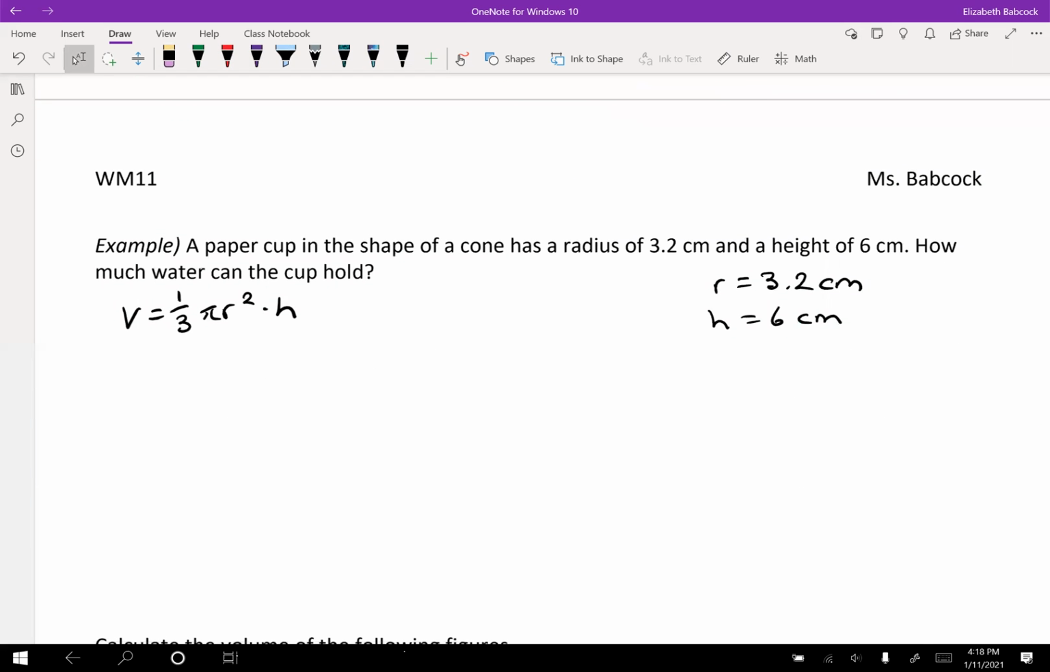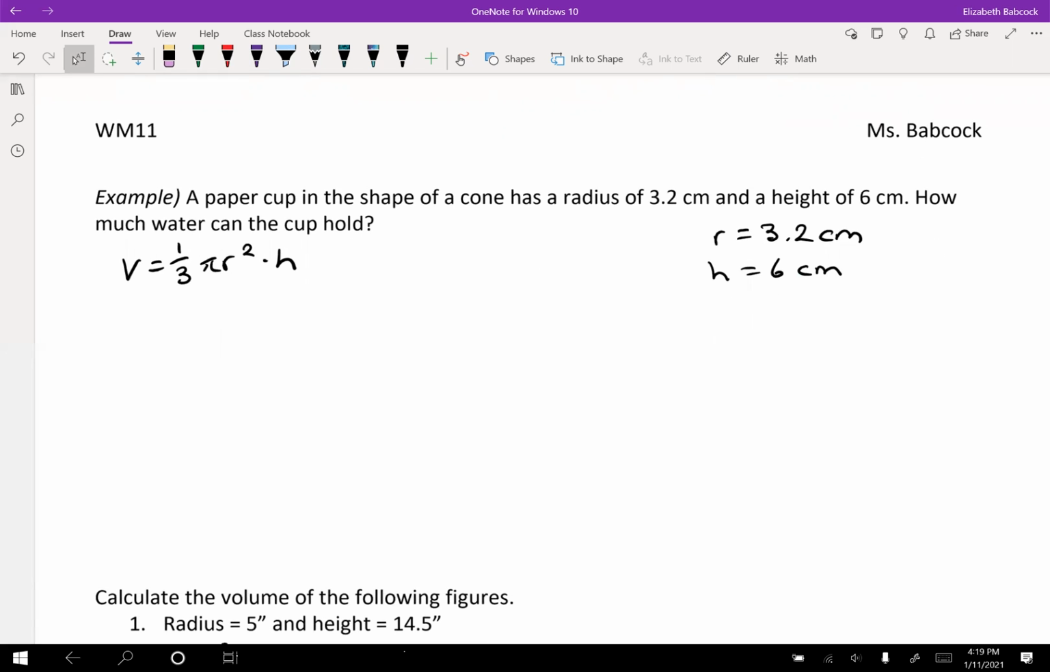So if a paper cup in the shape of a cone has a radius of 3.2 and a height of 6, how much water can it hold? Well, 1/3 times pi times 3.2 squared times 6. That gets you 64.34 centimeters cubed,